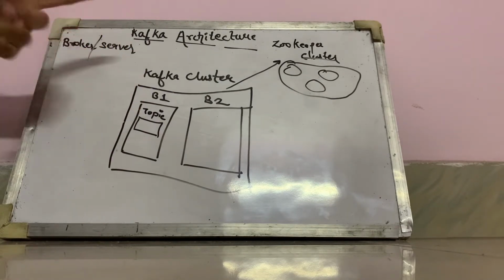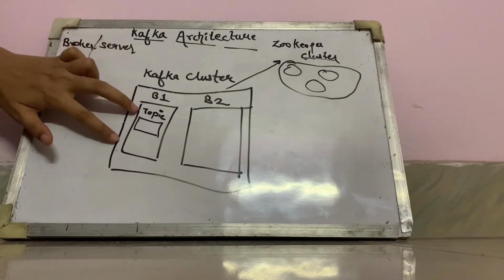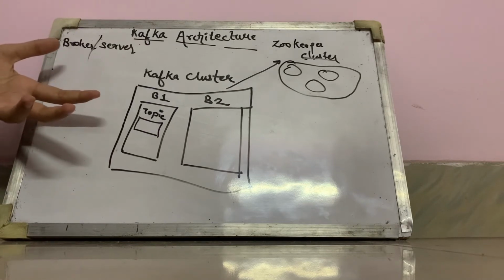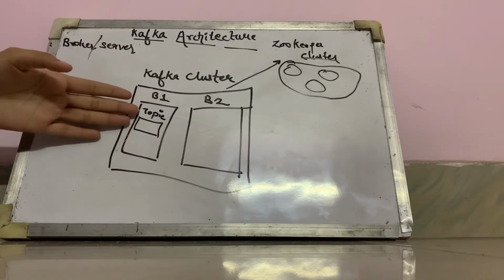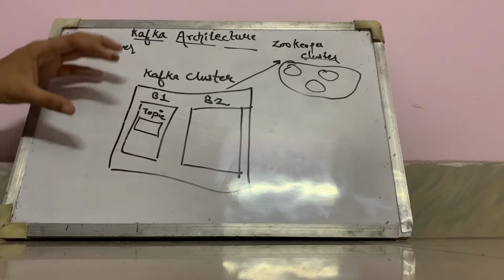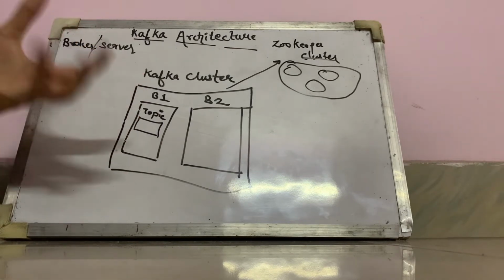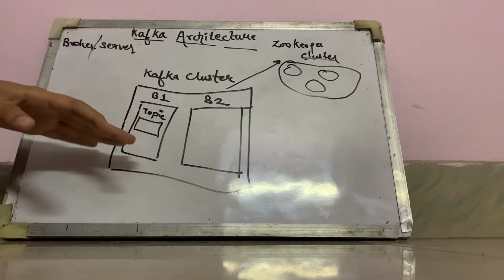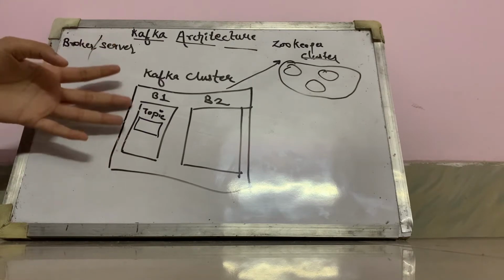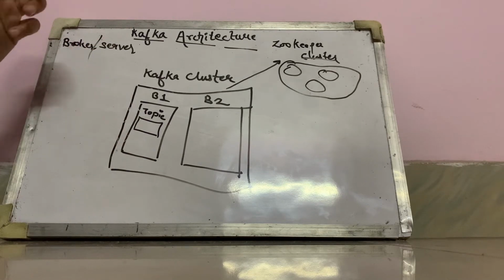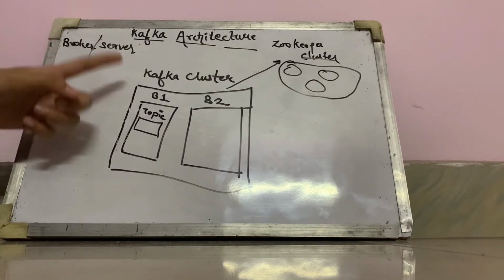And we cannot create two topics in a cluster with the same name, because they will clash. If I make a topic called employee 1, it has all the records of that employee: name, employee ID, salary, description, address. If I create one more topic called employee 1, how is it going to distinguish between these two topics? This is not going to work. So in a Kafka cluster, each topic will have a unique name.